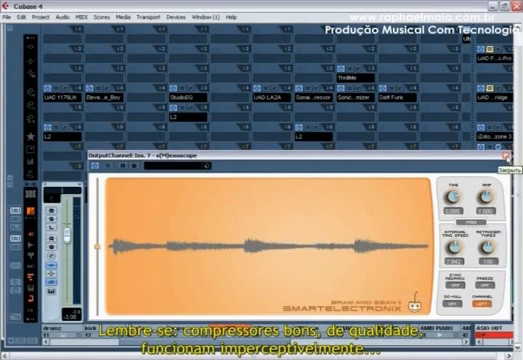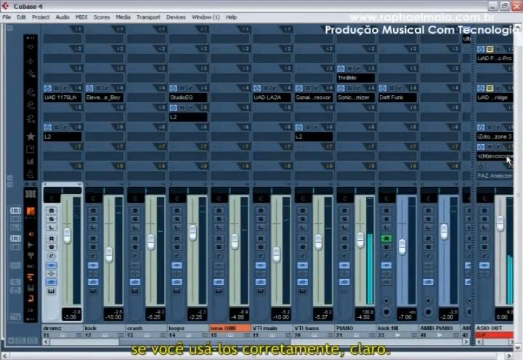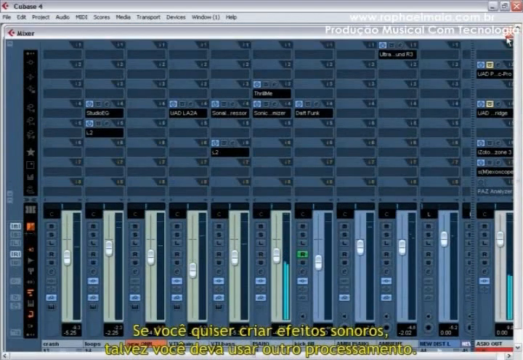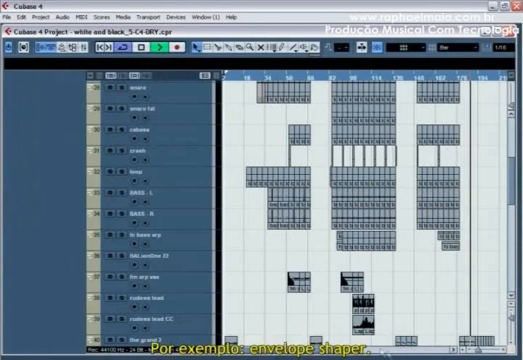Remember, a good quality compressor works imperceptibly, of course if you use it correctly. If you have to get a sound effect, maybe you should use other processing, for example an envelope shaper.